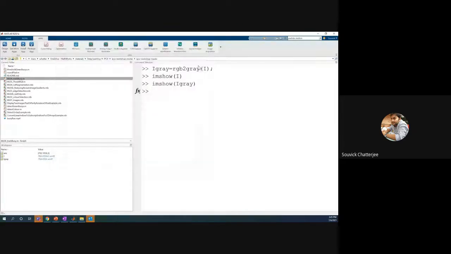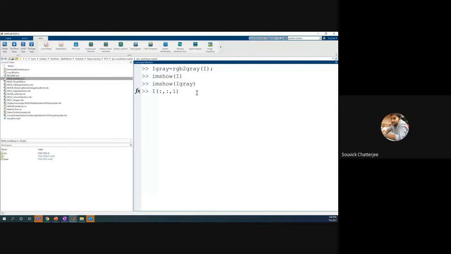Say, for example, I want information only about the red. This image contains one matrix with 3 channels. The first channel contains information about red pixels, the second channel about green pixels, and the third about blue pixels. Now say I want to stop all my red information. What do I do? I can say image(:,:,1). What does this mean? This means I'm accessing the image: all the rows, all the columns, and 1 means the red channel.